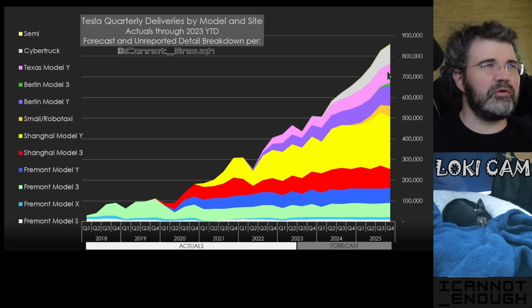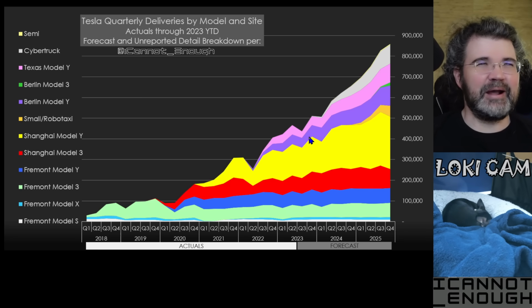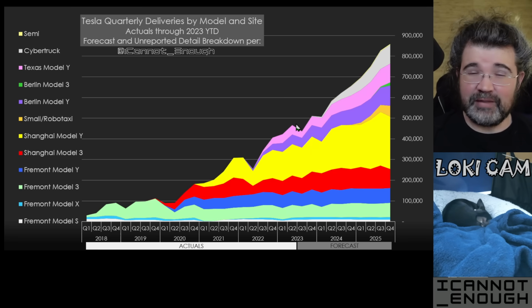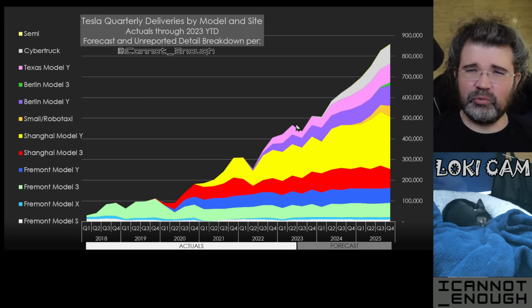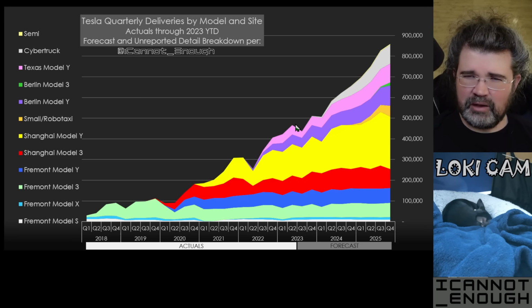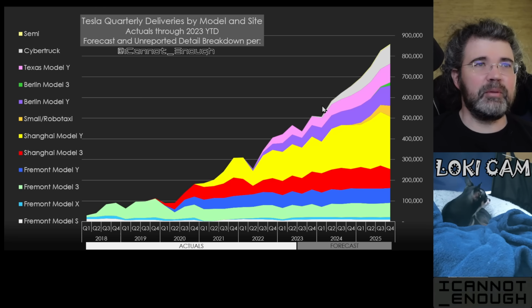Then there's the Texas Model Ys. Those are in the lighter, like a violet color here. So not making more of those in Q3, making less, actually. I think Elon gave us fair warning on the earnings call for Q2 that all of Tesla's production locations would have some stoppage time for line upgrades, including Texas, where Tesla makes Model Ys. So I do have those coming down by some in Q3, but then returning to record highs in Q4,